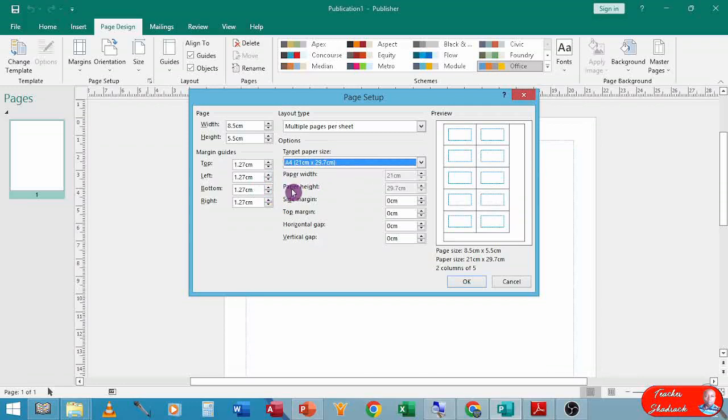Orientation, I am using portrait. Portrait orientation. So where could we have changed the orientation? Later we can change the orientation up here at the Orientation. Margin guides, no mention about margin guides, we are told margin guides to be 0.75, so 0.75, again 0.75, 0.75 all round, okay? So 0.75 all round. Then